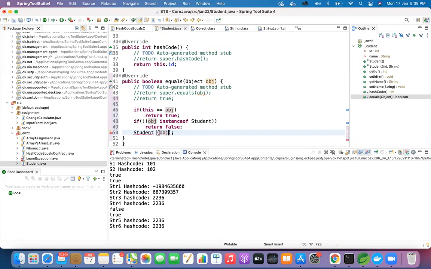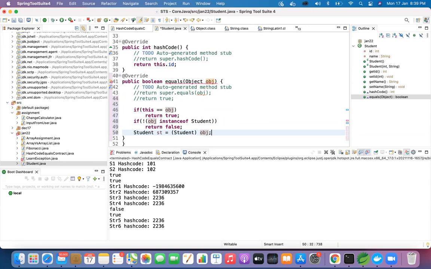You have to have the actual class name which you're typecasting. So Student, have st as your object name equal to, and within the brackets, your Student class, which you're trying to typecast, and outside that your reference obj which you have received in your equals method.